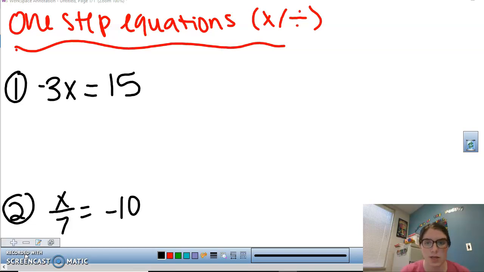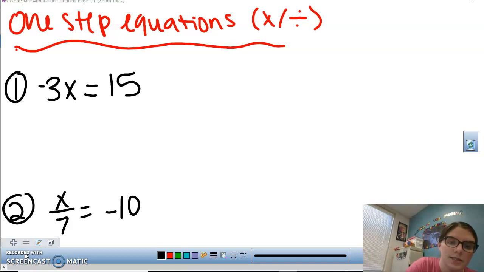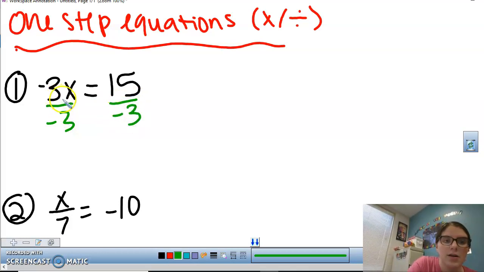Okay, so we want to use inverse operations. So the inverse operation of multiplication would be division. So to get x by itself, I'm going to divide by -3, divide by -3. On this side, -3 divided by -3 would leave me with 1x equals 15 divided by -3 would leave me